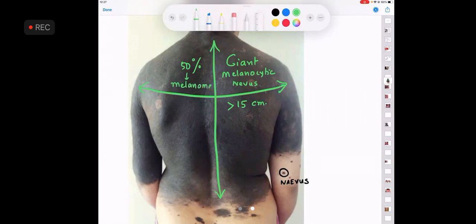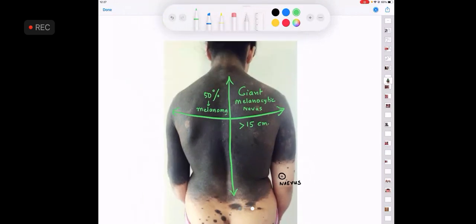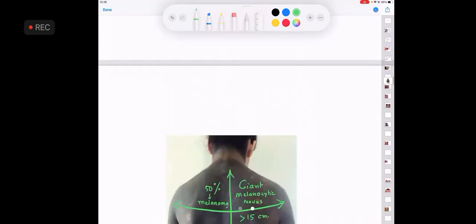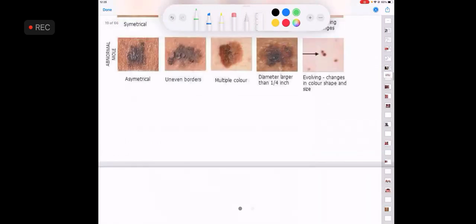So it is important that you should consider excision of the whole nevus. If you are wondering how much skin I will cut, unfortunately you have to cut the whole nevus if you want to avoid a melanoma. So it is unfortunate that this patient landed up with such a big nevus, but sir, kya kare? This is the nature of the disease.